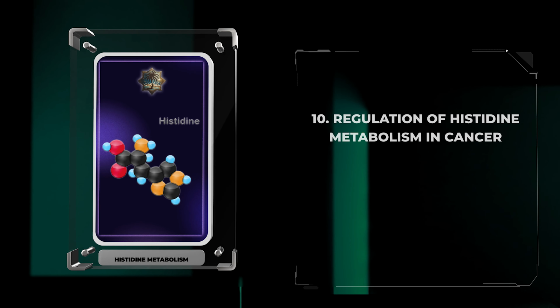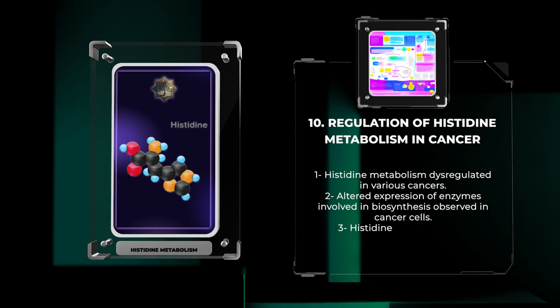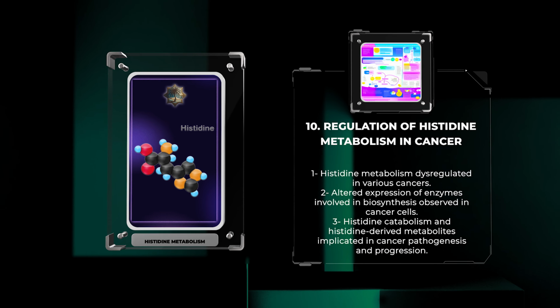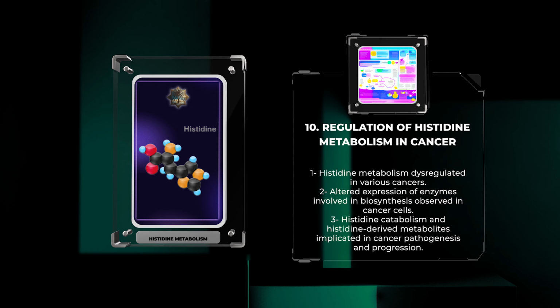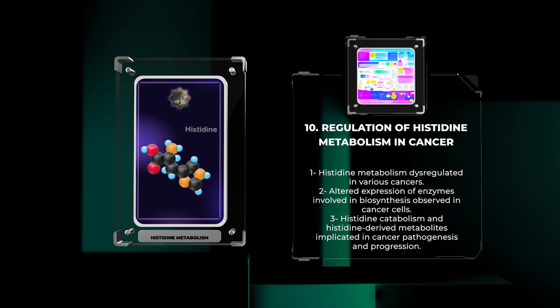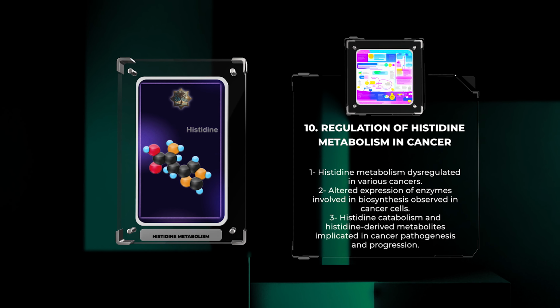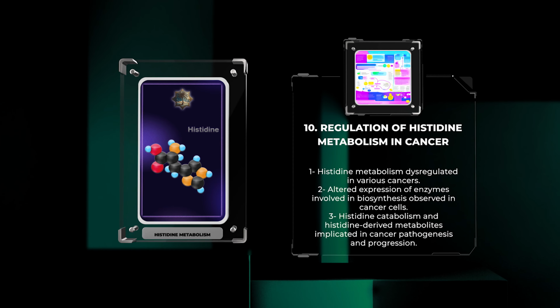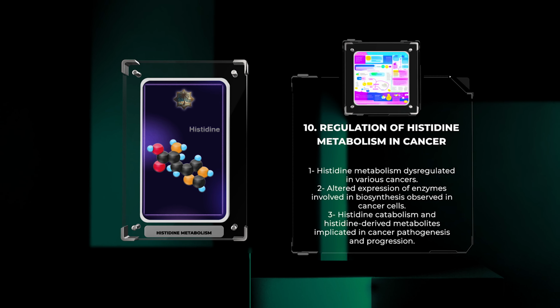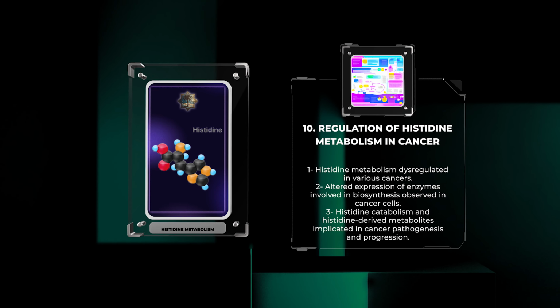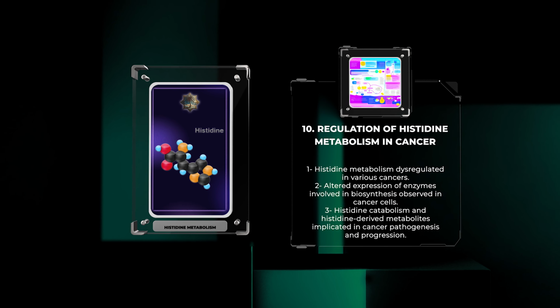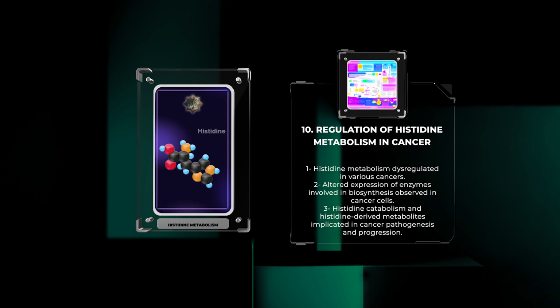Emerging evidence suggests that histidine metabolism is dysregulated in various cancers. Altered expression of enzymes involved in histidine biosynthesis, such as PRS1 and His, has been observed in cancer cells. Moreover, histidine catabolism and histidine-derived metabolites, such as carnosine, have been implicated in cancer pathogenesis and progression. Investigating the intricate mechanisms underlying the regulation of histidine metabolism in cancer provides valuable insights for novel therapeutic strategies targeting